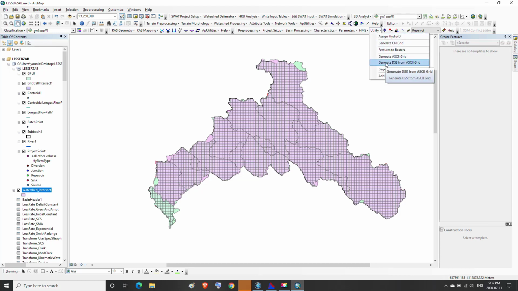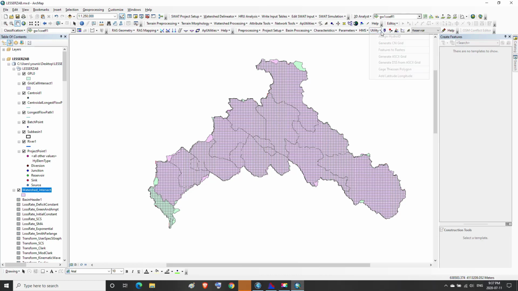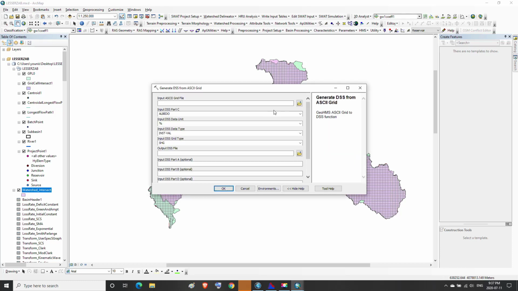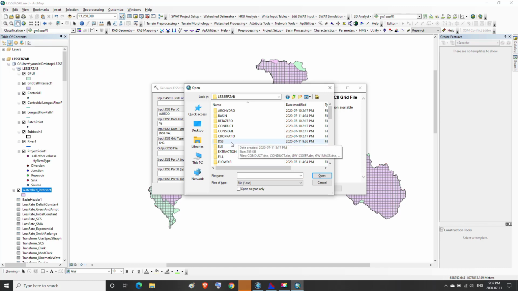And in it, we click on Generate DSS from ASCII grid. In the input ASCII grid file, we go to the following path: Desktop, LaserZap, LaserZap, LaserZap.